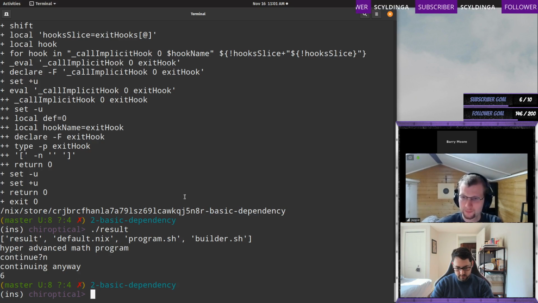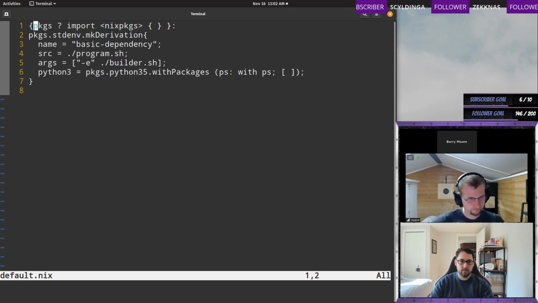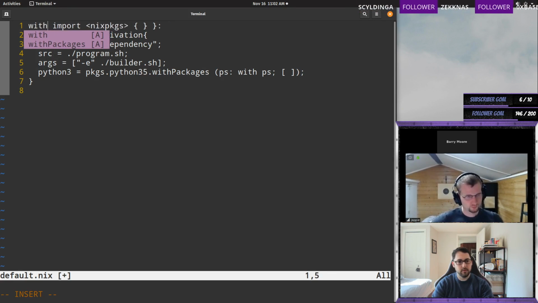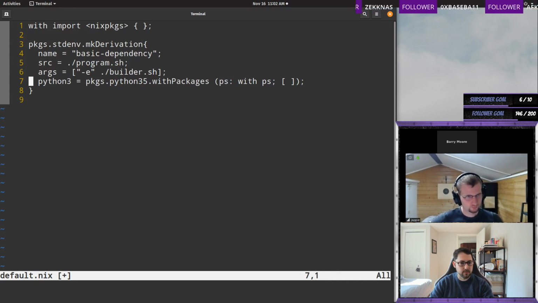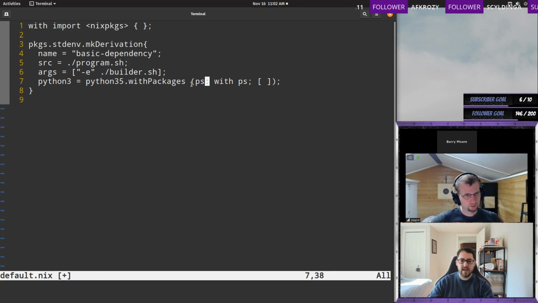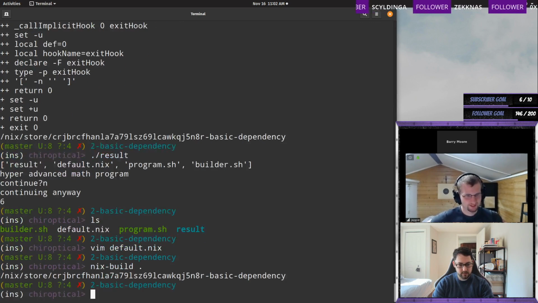So the next thing is, let's do the with thing. See if we can figure that out. So what I'm going to do is replace this with and just get rid of that. I'm going to put the space there because I like it. And then in theory, I can just write this, I think. Also, this is unnecessary in this case, right? Because I'm not actually getting any Python packages. I could just have an empty list. I'll leave it there just for later if I look at this. But then we should be able to nix build dot